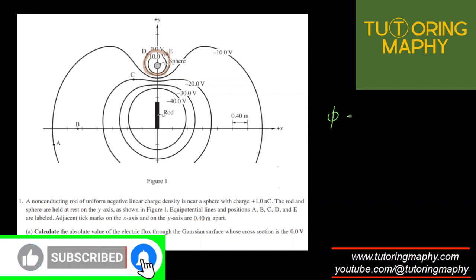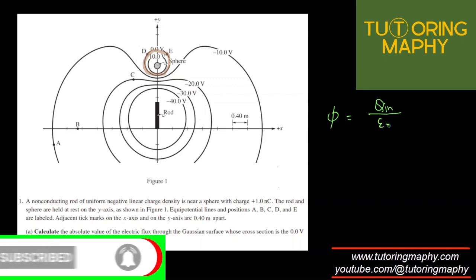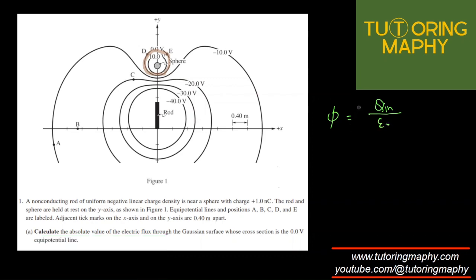Gauss's law is that the electric flux is equal to Q inside over epsilon naught. Since we are only looking for the magnitude, I'm just going to place an absolute value sign around Q, although it doesn't really matter because the sphere's charge is positive anyway. So 1 nanocoulomb means nano is 10 raised to negative 9, over epsilon naught, and epsilon naught is given by 8.85 times 10 raised to negative 12. So this comes out as